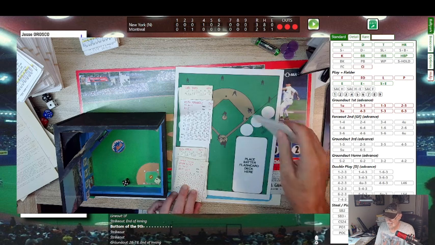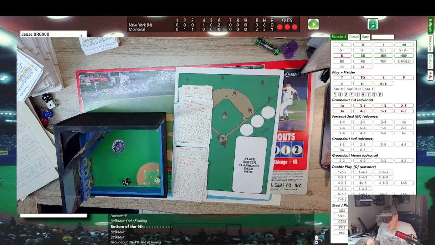Dwight Gooden and Ron Darling. I'm going to take a break again. My stamina, I'm worried, I'm taking care of that right now. I'm going to come back on and show you the stats. So, make sure you subscribe so you get informed as to the stats and see what the stats look like.